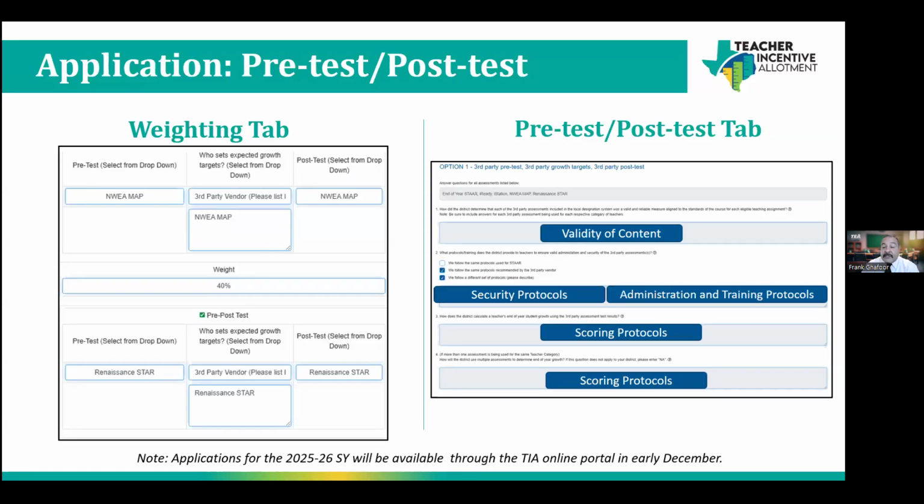We do have our application launch webinars. Those are going to be on December 3rd for our renewal districts and December 10th for applying districts. For any new districts that want to gain access to the portal, you will need to submit your LOI, or letter of intent, to TIA so we can open up access for you